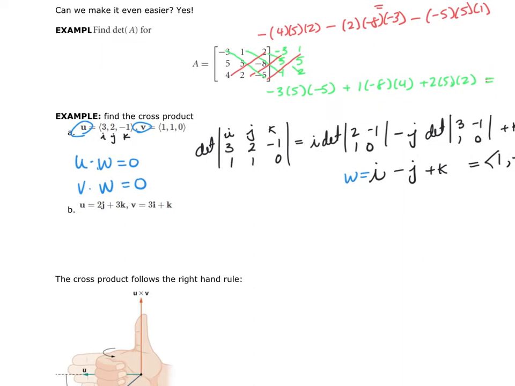Let's take a look at the second example. Again, I have my I, J, and K. My first vector does not have an I, so I put a 0 as a placeholder, then 2, then 3. My other vector does not have a J, so it would be 3, 0, and 1. And the determinant of this is going to be, actually, let me do it this way. It will be I